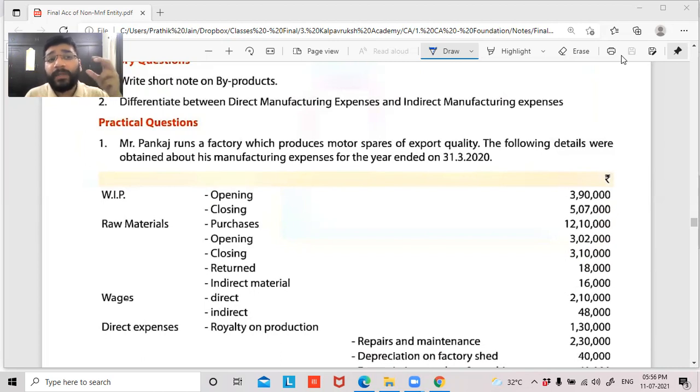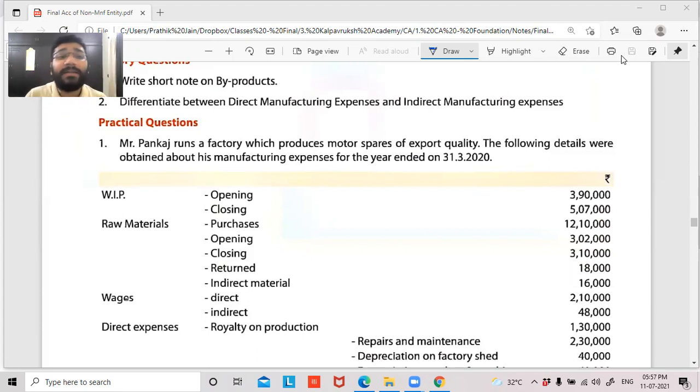Direct material means those materials which are directly used in the manufacturing process, such as the ingredients for the cakes. The ingredients are the raw materials for the cakes. Second, indirect material is what? Indirect material is basically, after you prepare the cake, the box with which you cover it or the plastic paper with which you wrap it and give it to your customers, right? That box, that plastic material, whatever paper material you attach to it, is your indirect material used in the manufacturing process. So this is direct material and indirect material.